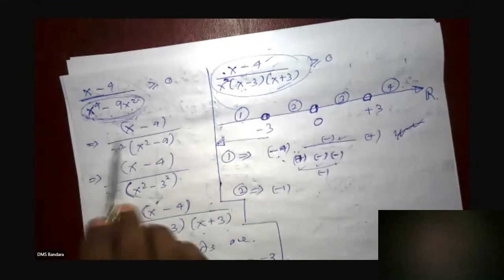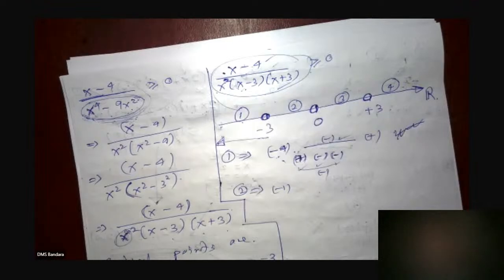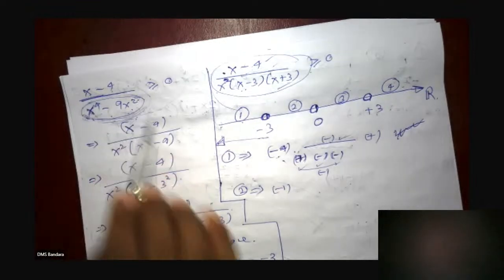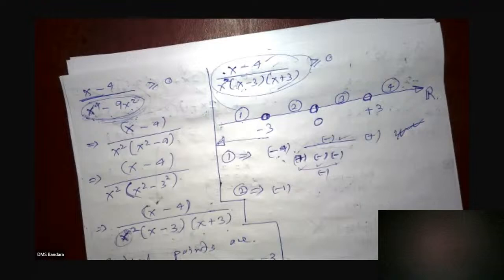This one, the second inequality, it has the denominator. For the existence of this inequality, the denominator cannot be 0. Yes, now I have explained this one, right? For the existence of the inequality, the denominator cannot be zero. I simplify the denominator. The critical points are x equals 0, x equals 3, and x equal minus 3. It means when you find the region that satisfies these inequalities, on that region 0, 3 and